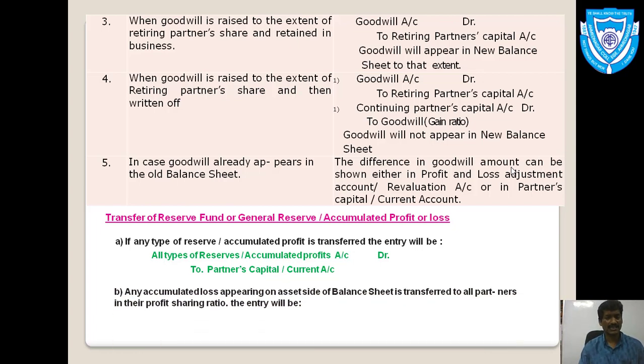In the second case, if there is a loss appearing in the balance sheet, it will be transferred to partners in their profit sharing ratio, but the entry will be just reversed to the first one, that is, all partners' capital or current accounts debit to profit and loss account. That means in this case, if there is a profit, partners' capital account will be credited, and if there is a loss, partners' capital account will be debited. Okay, let us see